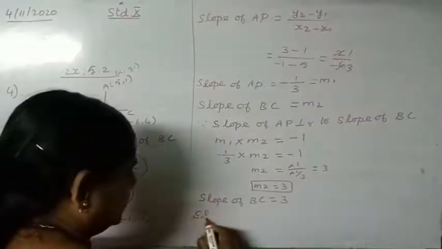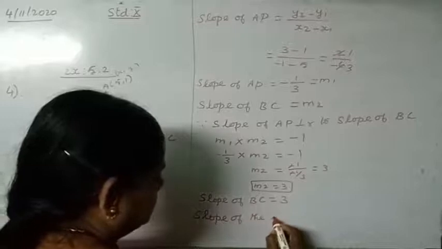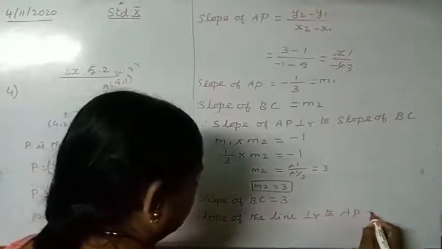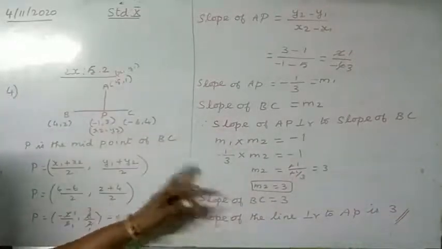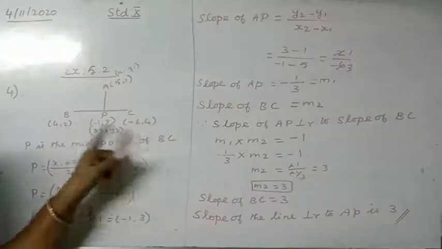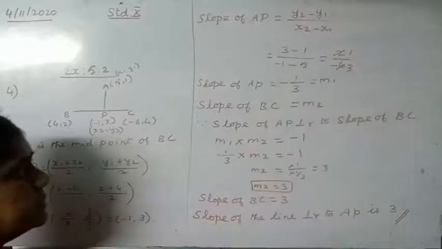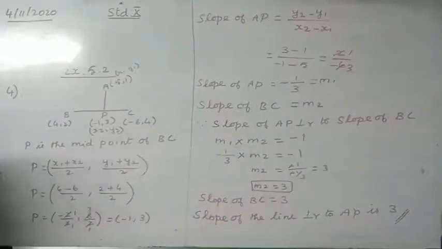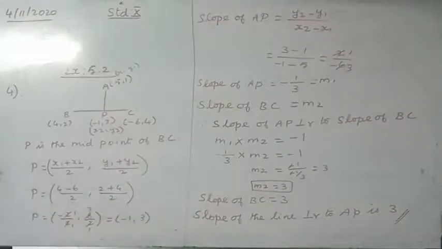So எப்படி question கேட்டிருக்காங்க? Slope of the line perpendicular to AP is 3 is the answer. இதை எப்படி செய்யறதுக்கு பதிலா B and C எடுத்து slope find out பண்ணிட்டு அந்த ஸ்லோப்பையும் இந்த ஸ்லோப்பையும் மல்டிப்ளை பண்ணா -1 வருதுன்னு காமிச்சா, then these two are perpendicular, therefore slope of BC is 3 அப்படின்னு எழுதிக்கலாம். Okay, then go to the next question.